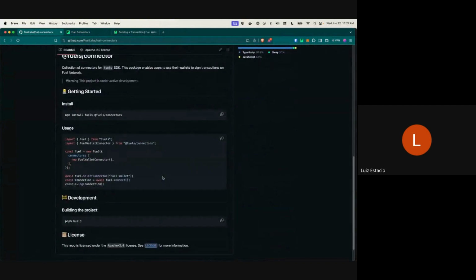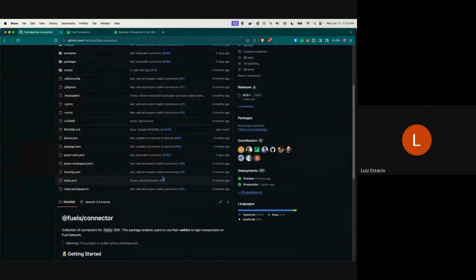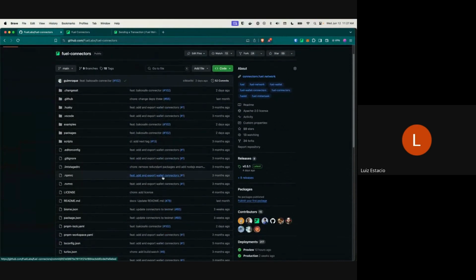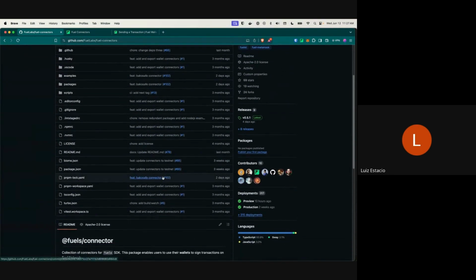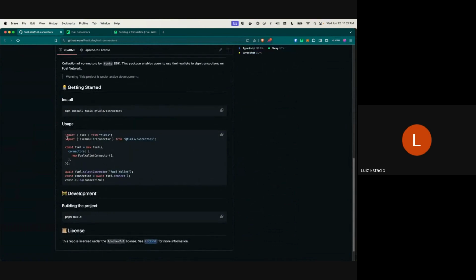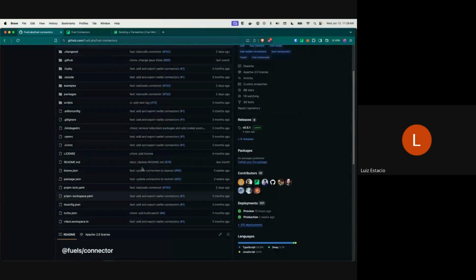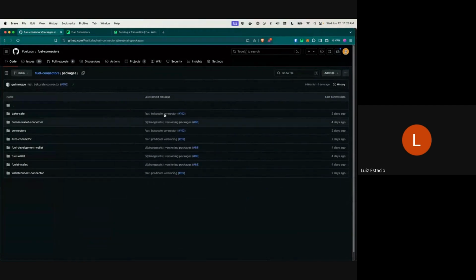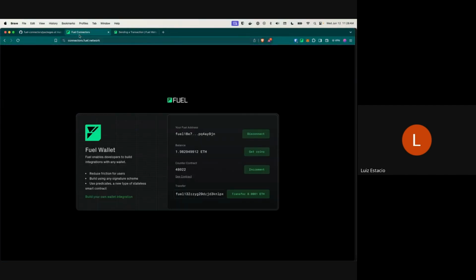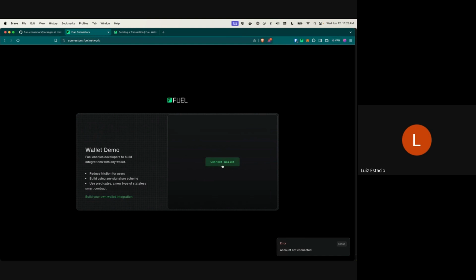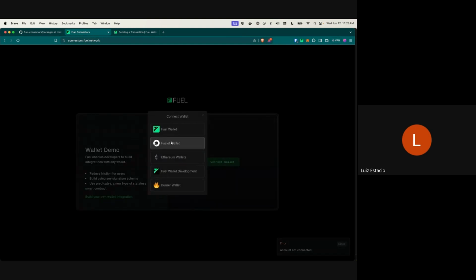We have the connectors, which are the way that wallets can be developed to interact with the Fuel network on the dApp side. Right now we have React, but it's also possible to not use React. The idea is that we have the connector manager that allows you to have many connectors. The connectors can be as simple as a Fuel wallet connector, like this one that I can display here, that is just a plain wallet extension that works directly with the Fuel network.